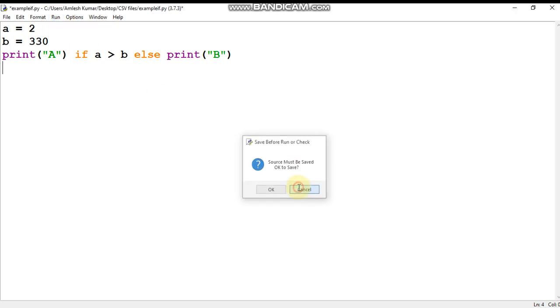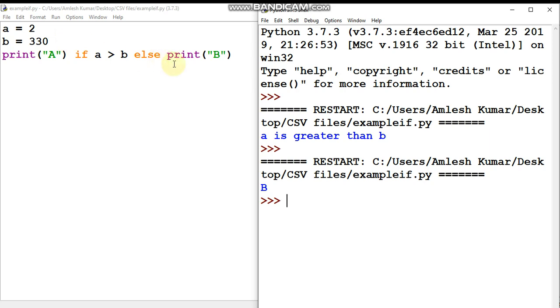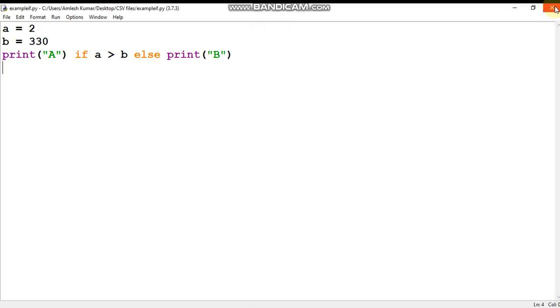Oh, we need to save this, save it and then run it. So you can see, b is printed here. And if you change the value, let's see, if I write 4422 and save it and then execute.